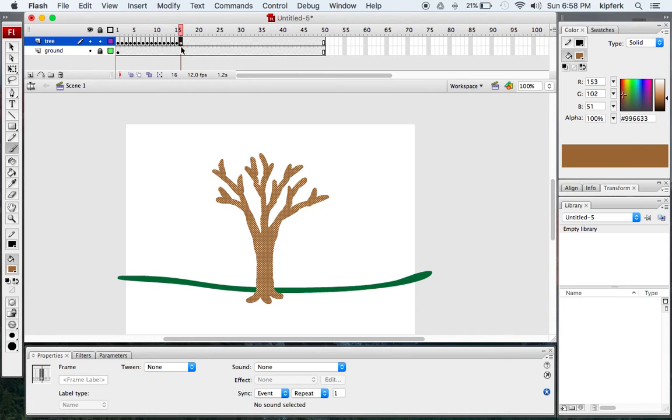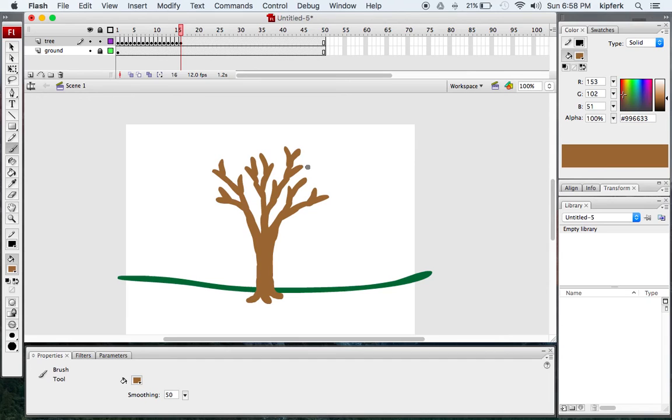Like I was saying, make sure you're on that latest keyframe. Draw the brush a little bit further and then press F6. F6 is going to lead you to the next frame and still leave behind what is already on the frame before it. So going up, pressing F6, making the branches a little bit longer. And right now this is a very wintry tree, looking a lot like the ones that are outside now, but I think what I'll do is fill this tree out a bit and add some sprouts to it. I'll just make this branch a little bit longer,